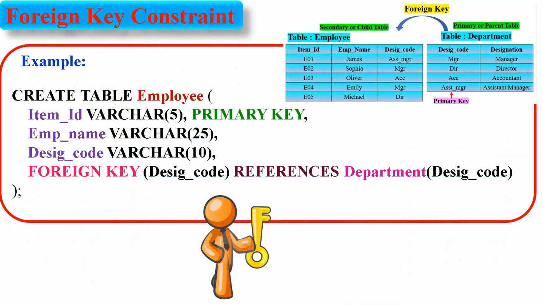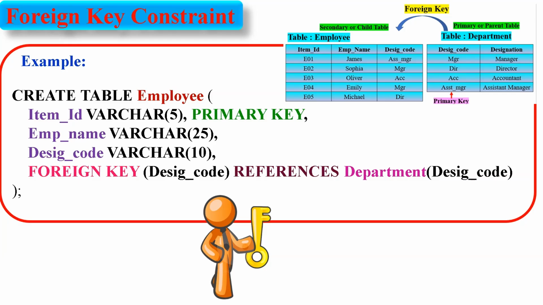Let's see an example for the foreign key constraint. Assuming you have already created the parent table named department with the dsig_code as the primary key, you can define the foreign key relationship in the employee table with the following SQL statement. Create table employee (item_ID varchar(5) primary key, emp_name varchar(25), dsig_code varchar(10), foreign key (dsig_code) references department(dsig_code));